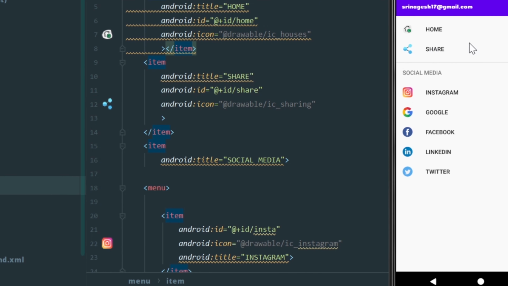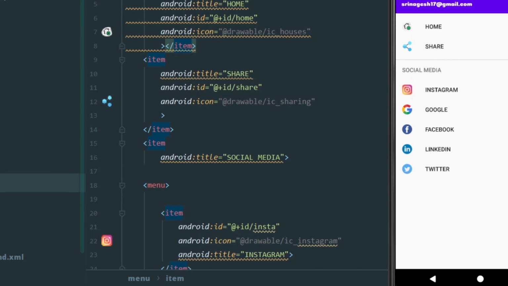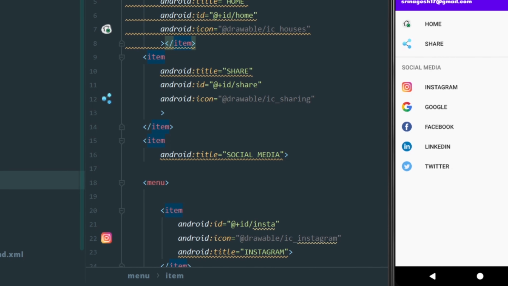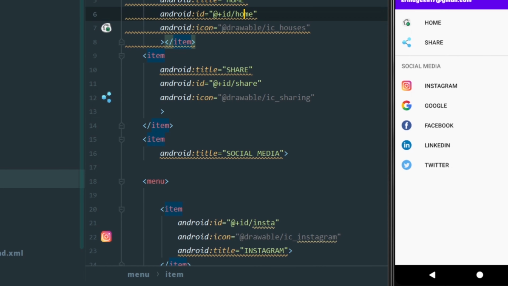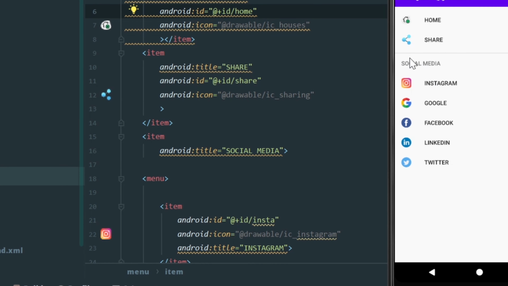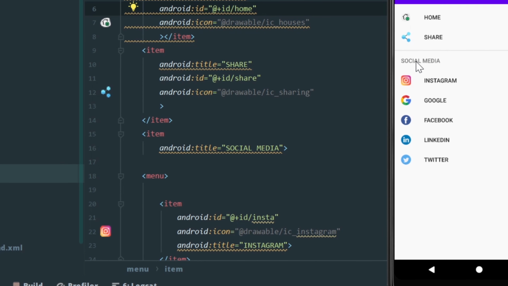I used SVG icons. If you don't know how to import SVG icons, I already did a video on that. Please check that. Now we also set the ID in order to set the on click listener. You can see there are two types. This is a group. So we got this separate group.